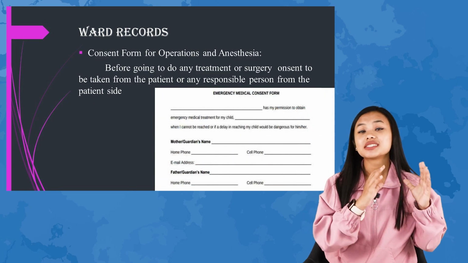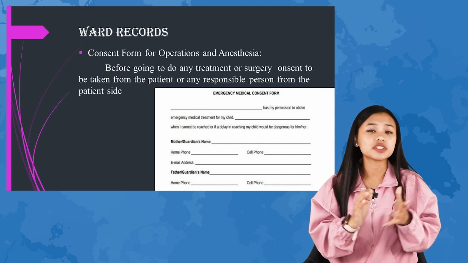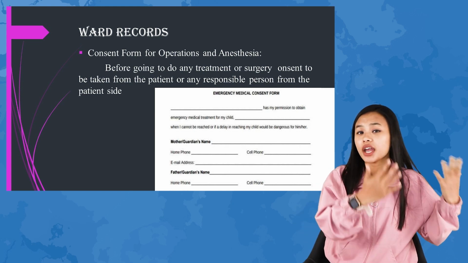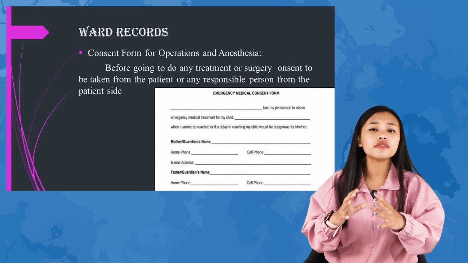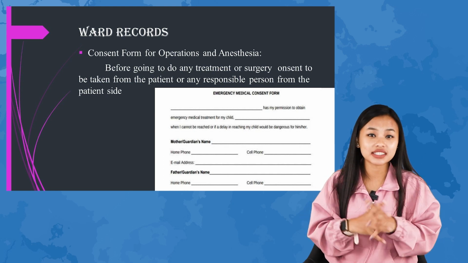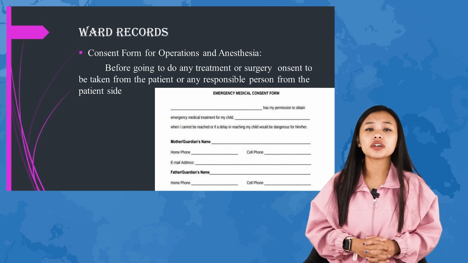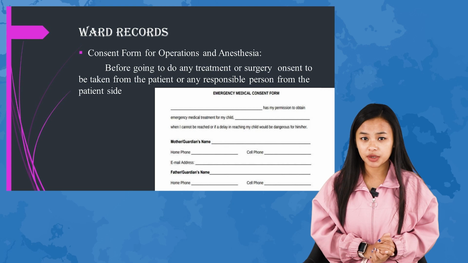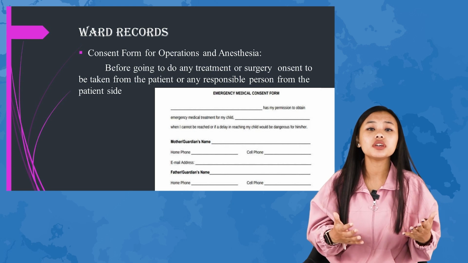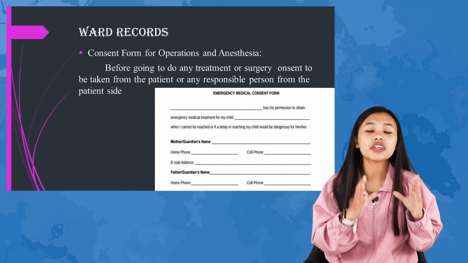The next one is the consent form for operation and anesthesia. So here, we as nurses must keep in mind that before we perform any procedure for the client, before the client undergoes any surgery, or before even we provide anesthetic agent to the client, we must make sure that we get the consent from the family members or from the person who is very close to the client. Why? Because here, before any operation is being performed or before administration of anesthesia, we must make sure that we educate the client as well as the family members about the importance, about why we are doing that particular procedure,